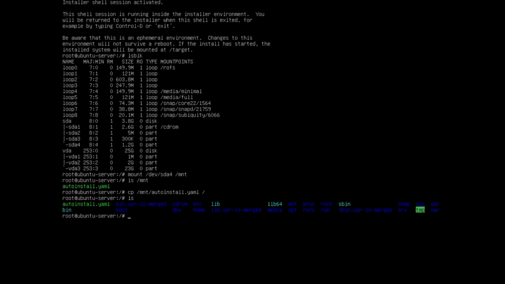the system. To actually start the automated installation, what we have to do is restart Subiquity, which is the installation program. This is not the same as rebooting the system. To do that, we have to figure out what the service name for Subiquity is. To do that, we're going to do